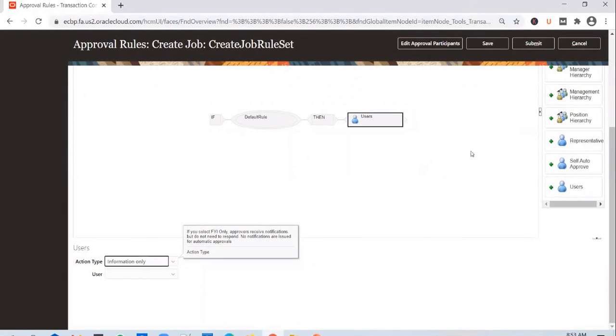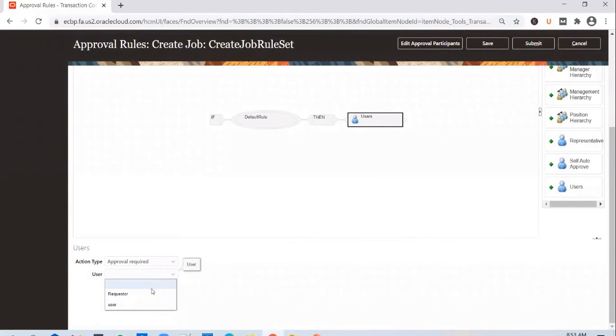So that is just to inform him that yes, the approval process is complete for a specific candidate. So approval required is the for your action notification, and information only sends out an FYI notification.